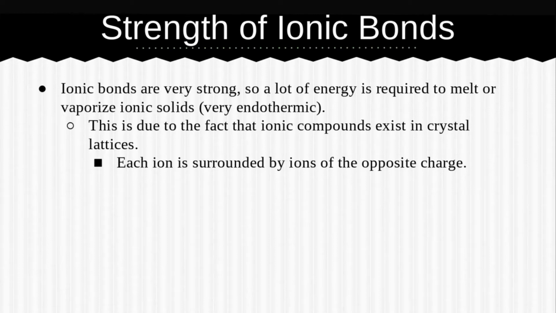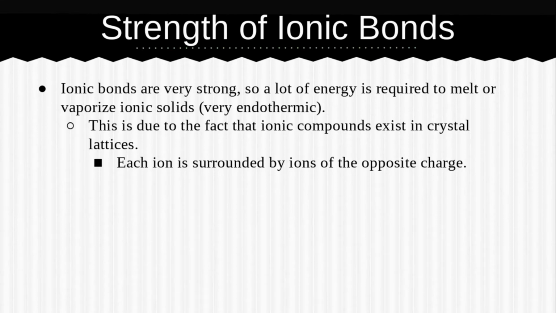So the ionic compounds are in these crystal structures, crystal lattices, and in that crystal structure, they're very organized in regular patterns, and each ion is surrounded by ions with an opposite charge. And so you have a positive ion that's completely surrounded by negative ions, a negative ion that's completely surrounded by positive ions. They're really stable in that state, and they don't want to break apart from that. So that is why the ionic bonds take so much energy to break, because those ions are really stable being